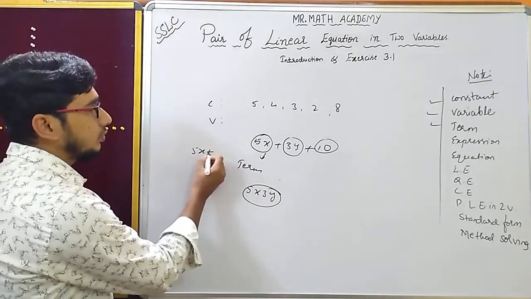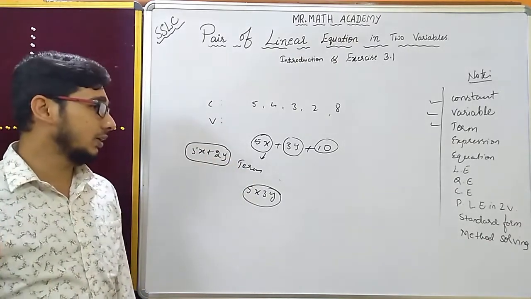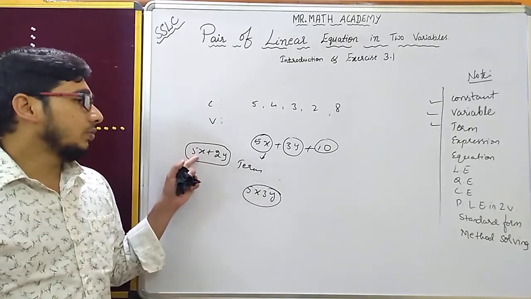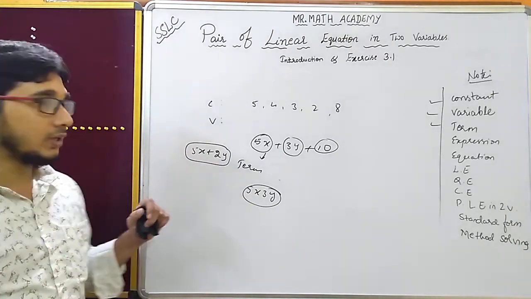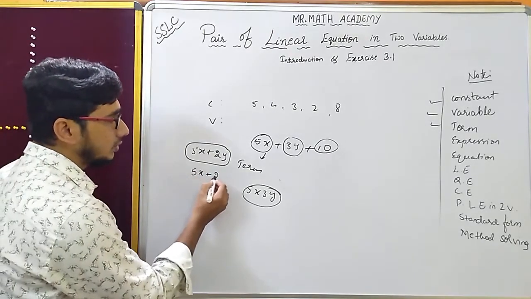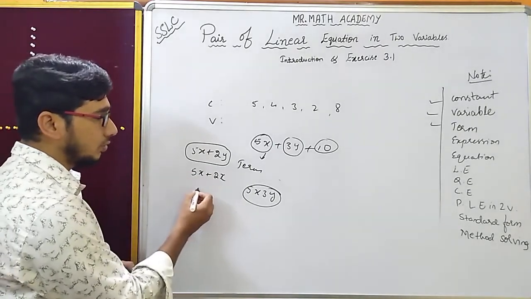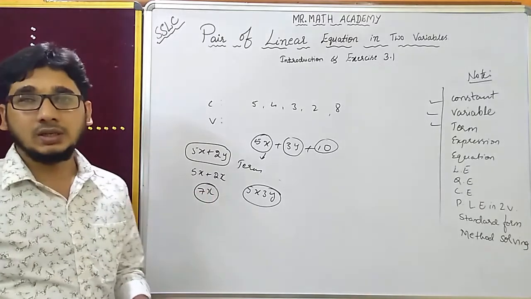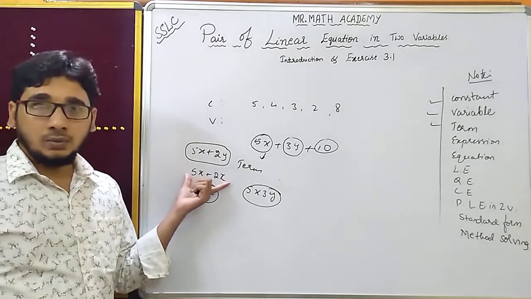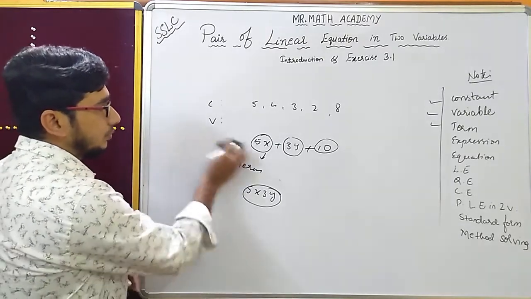If I write 5x plus 2y, this is two terms, a binomial. We'll study about that later: monomial, binomial, trinomial and all. Just think about this. If it is 5x plus 2y, it is a binomial and two terms. And if it is 5x plus 2x, it is not two terms. Actually, it is a single term only, because 5x plus 2x is totally 7x. So depending upon the equation, we have to tell whether it is one term or two terms. But usually, it will become a monomial. So these are the terms now.